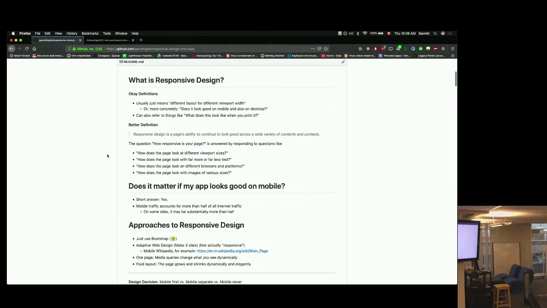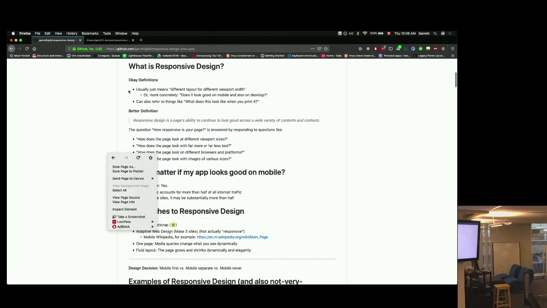So I have a few definitions here. As I said, usually we're talking about viewport width. If you just want to get the checkbox in an interview, someone's like, tell me your thoughts about responsive design, you can say, well, different viewport widths, blah, blah, blah, and there's a good chance they'll be happy with that. But